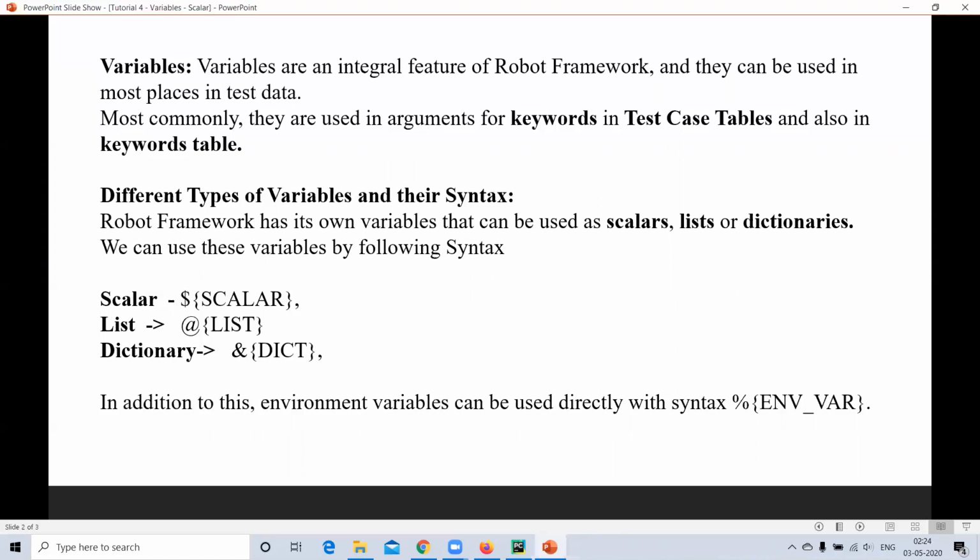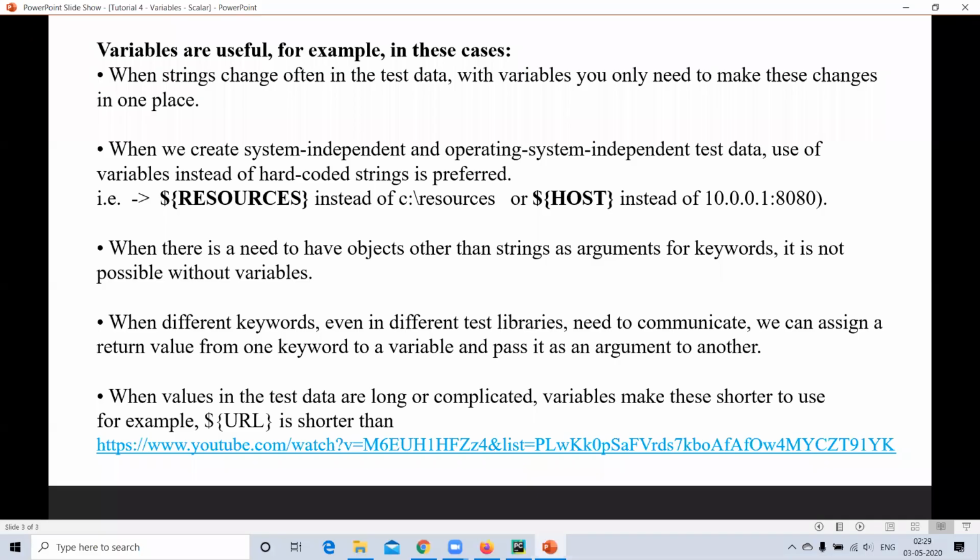And for a dictionary, you start the variable with an ampersand and enclose it in curly braces. In addition to this, an environment variable can be used directly with the syntax percentage sign, similarly enclosed in curly braces.